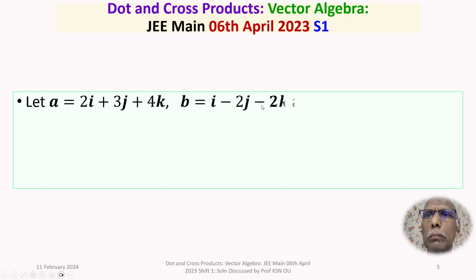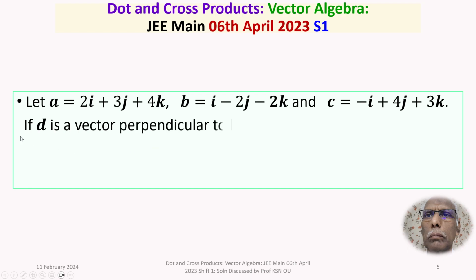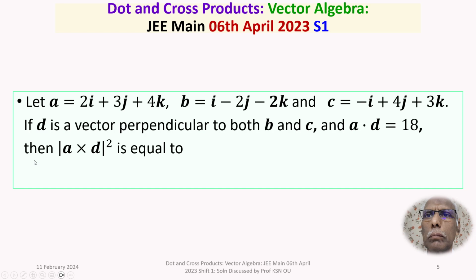The given question is: let the vector A be equal to 2i plus 3j plus 4k, vector B is equal to i minus 2j minus 2k, and vector C is equal to minus i plus 4j plus 3k. If the vector D is perpendicular to both the vectors B and C, and the vector A dot the vector D is equal to 18, then mod of the vector A cross vector D square is equal to